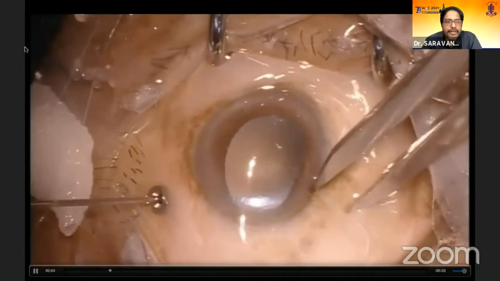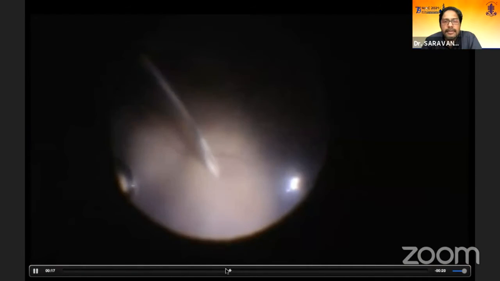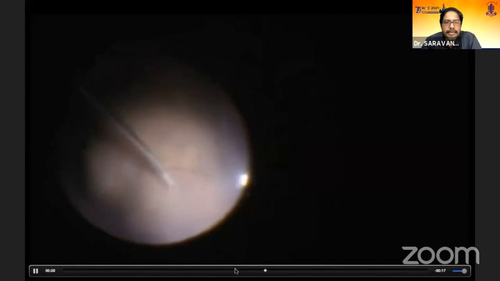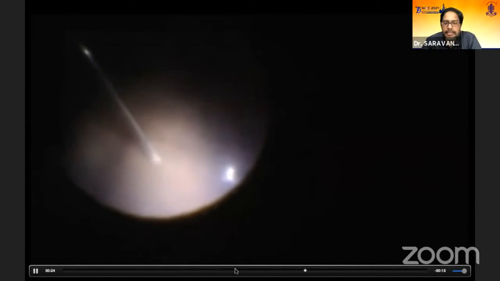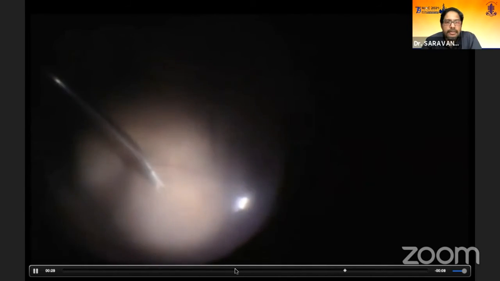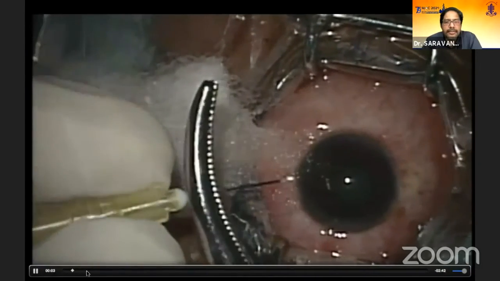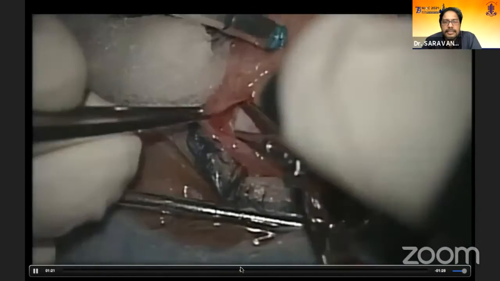We are showing a small video of how I take a biopsy. This is a case of suspected lymphoma. Just trying to insert the needle directly through the transscleral approach and aspirate as a dry vitrectomy, not doing much vitrectomy, directly entering the needle and aspirating so that you get an undiluted sample. There's one more case of proven candida, which came as a suspected fungal abscess and finally turned out to be a candida infection.